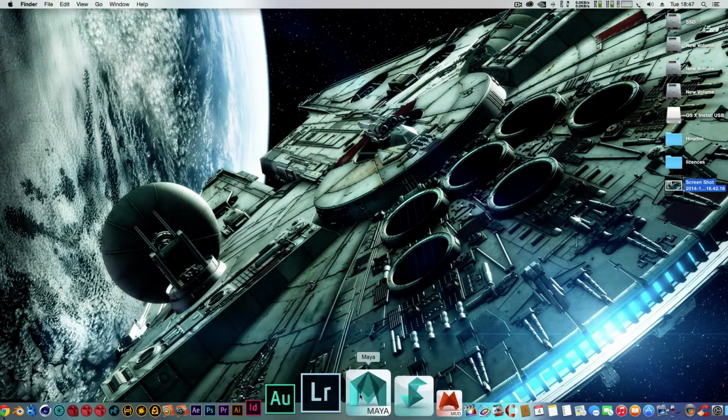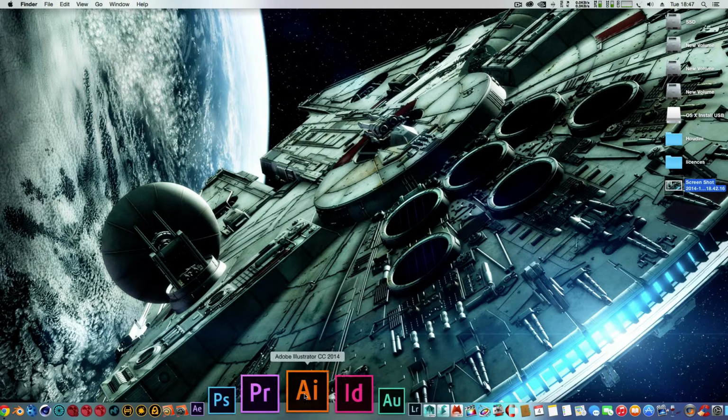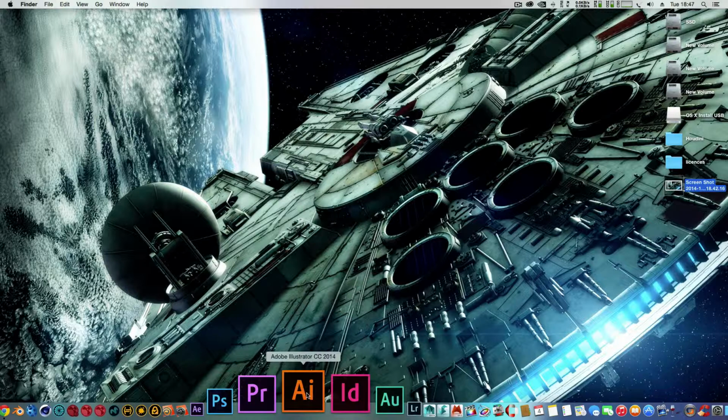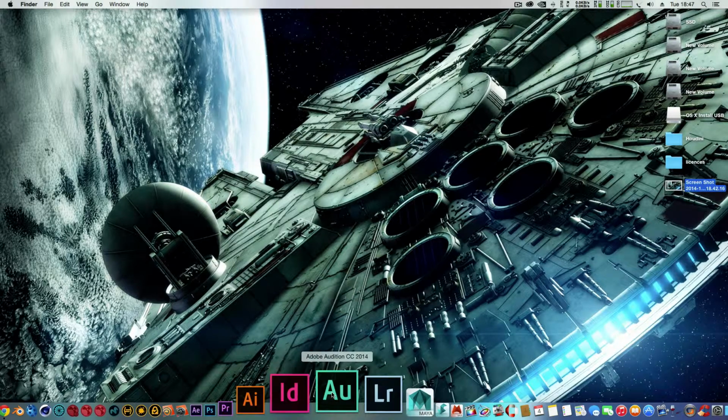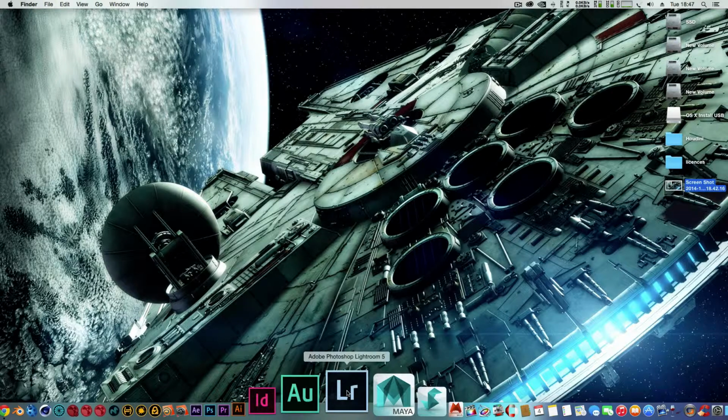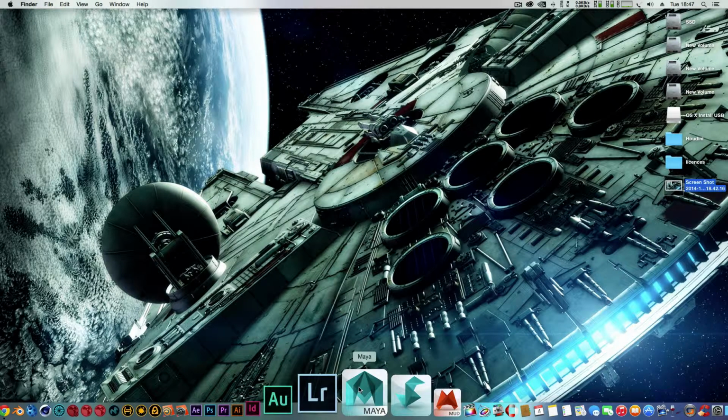I use it a lot more than I use Final Cut, which I've got here, but we'll get back to that in a minute. Then we've got Adobe Illustrator, which is very similar to Photoshop. InDesign, Adobe Audition, where I do all my sound editing and bits and pieces for my audio music. Then we've got Lightroom, which is my photo suite of choice, and obviously my animation program of choice is Maya